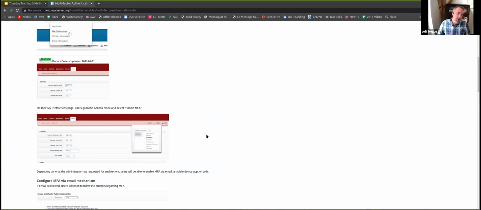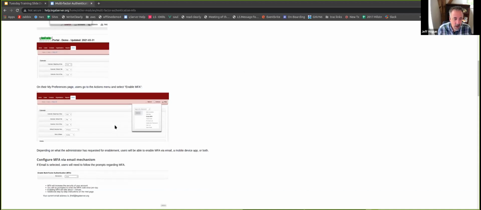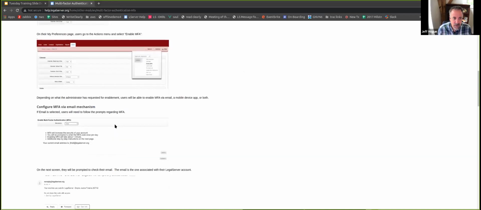Personally, I worry that when you tell your users that they have to do their multi-factor to get into their email, and then they go to log into LegalServer and they have another one, that's going to confuse some people a little bit. I'm not saying you shouldn't do it. Just saying that is another argument in favor of maybe doing your multi-factor through your Microsoft products. But we made this available for free, and whatever gets you to using multi-factor, we're thrilled.